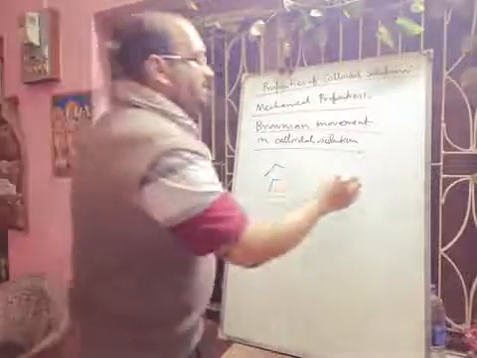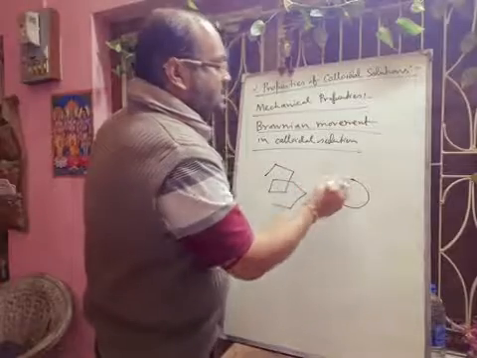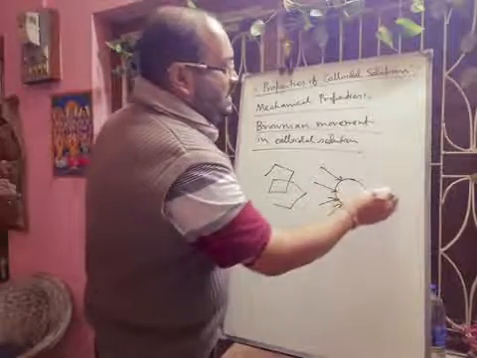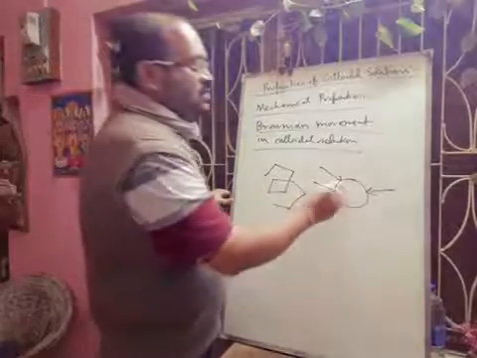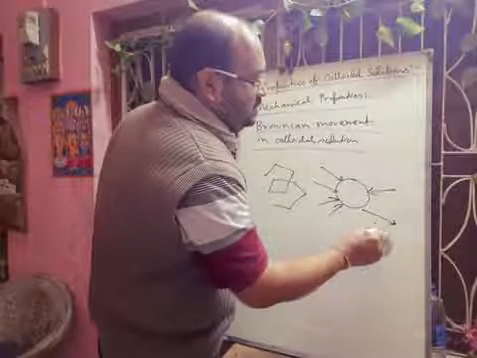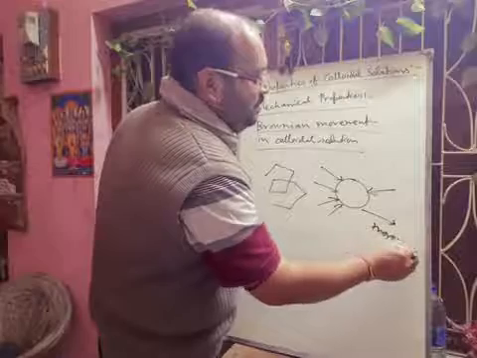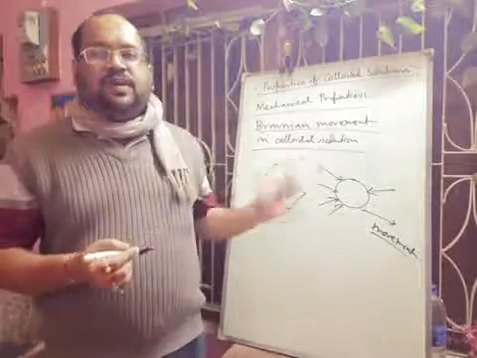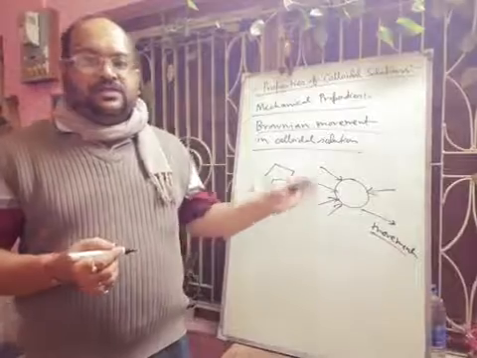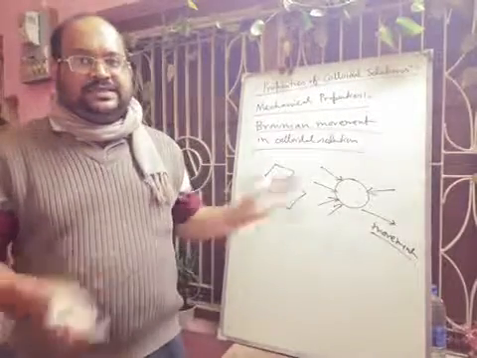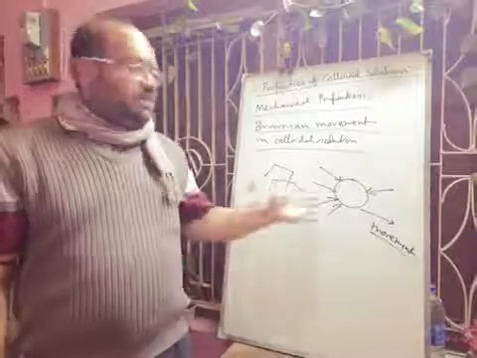Suppose this is a particle and this side is bombarding 4 particles and this side is 1 particle. Definitely the movement of this particle will be towards this. This will be the movement. So there is some unbalanced force because of this bombardment, and there will be the movement of this particle, and this is the explanation for the Brownian movement.